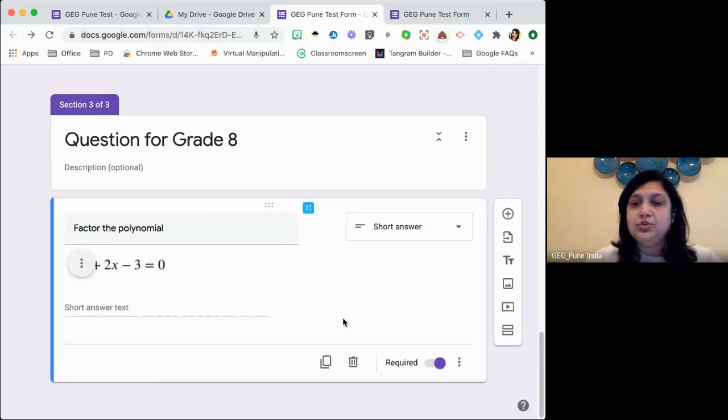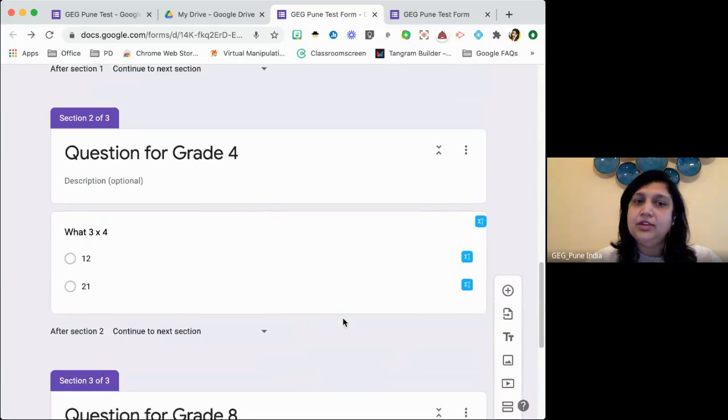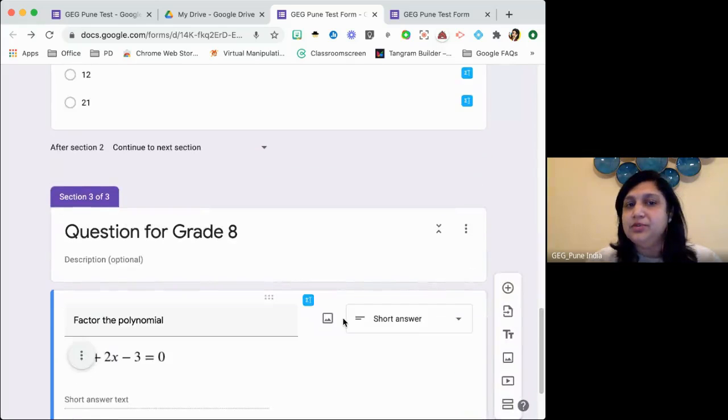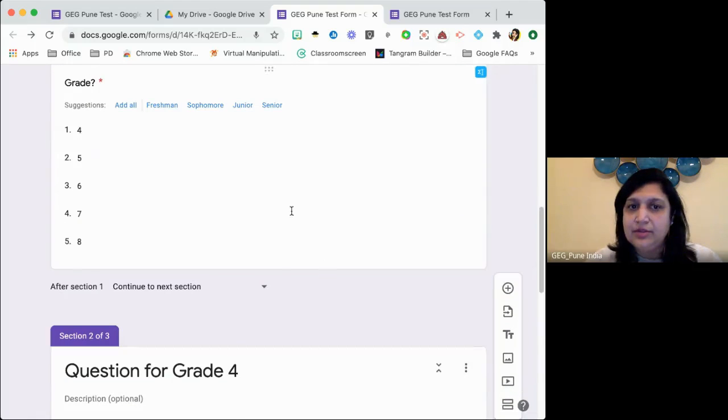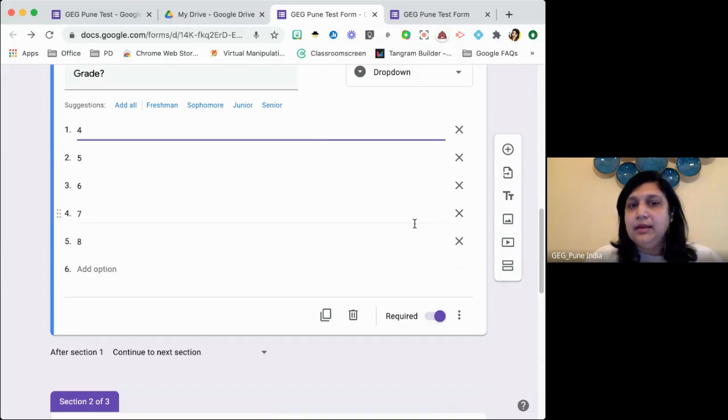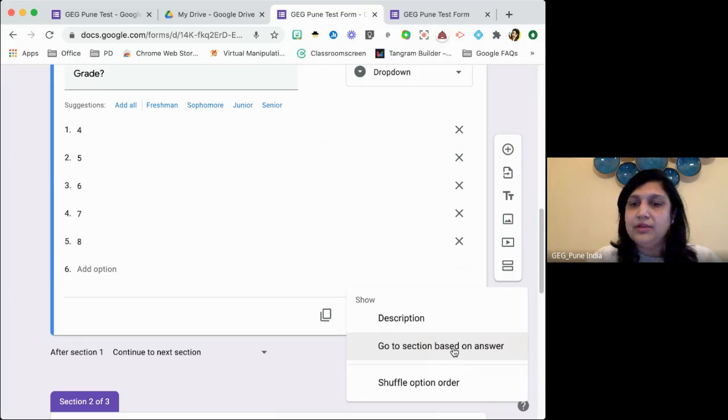So we created 2 sections, right? And for each grade, we can select more sections. So let us see what happens with these sections. We go back to our question. Okay. Now, 4th grade ke liye, whenever I wanted 4th grade, if a student picks 4th grade, I want him to be able to go to that question.